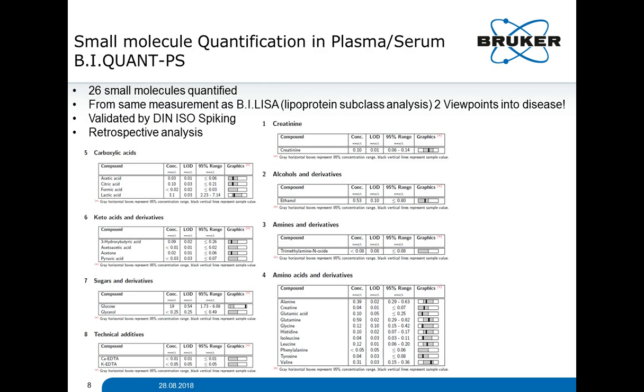Now I will show you a report. This is the small molecule quantification. You can see here the components, and you can see that we have a large variety of chemical classes that are analyzed with one single experiment, which conventionally might take more than 1 or 2 methods. And you also see here, when we look at this gray bar, that this is a normal concentration that we get from our reference cohorts. And the black bar is the person itself, so you always know if that person is within the reference range from our models or not.